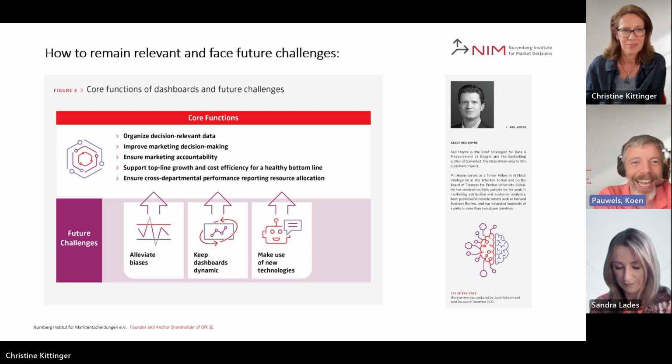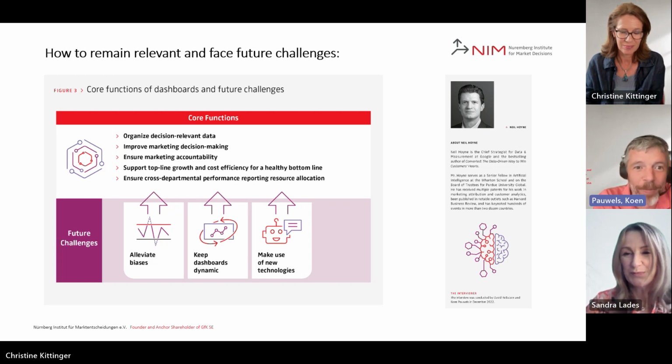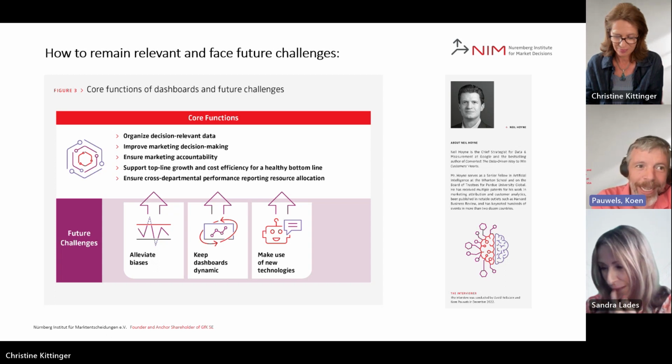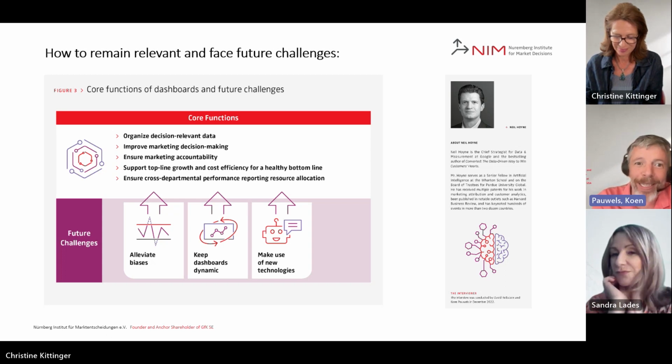Finally, and I see that my time is running out, my last thing is future challenges. Dashboards are supposed to help you alleviate biases. There's a lot of press now about bias in AI algorithms, but of course we know that we humans are also biased. And I always say big data doesn't reduce the bias automatically. It just makes it easier to cherry pick data and to have a whole bunch of stuff. So you really want to think through how having the dashboard information helps to overcome some human decision biases